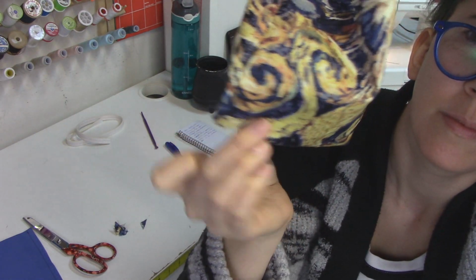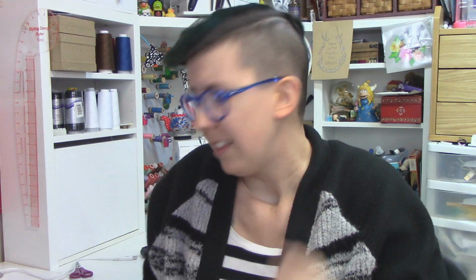And this is the difference between boxing out that corner and just leaving that corner flat and not making it more 3-dimensional. You can take or leave this part, but you can also take or leave literally everything I'm saying right now. This is why these are called making chats and not tutorials, because I'm just sharing how I went about the thing. So yes, once I trimmed those, I went to put the layers inside of each other,